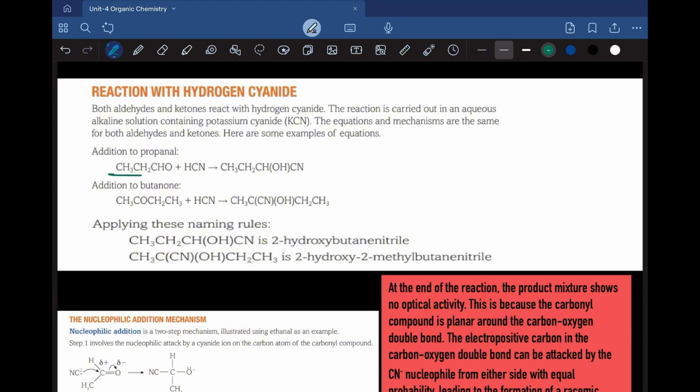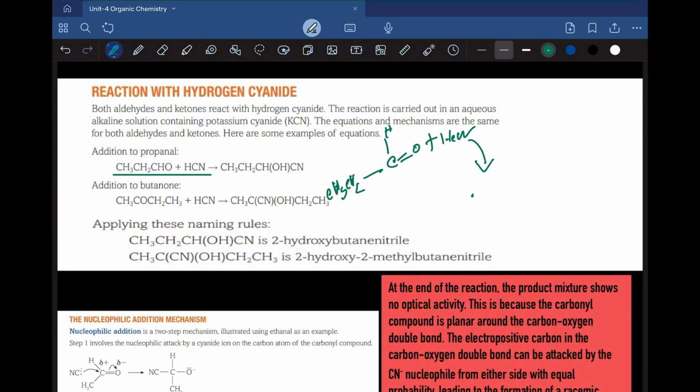This is a propanol which will react with the hydrogen cyanide. When the propanol reacts with hydrogen cyanide, if we draw them down, let's say we are only drawing this part. This is CH and this is C double bond O, plus the HCN. This is the CH3CH2 plus HCN. It becomes